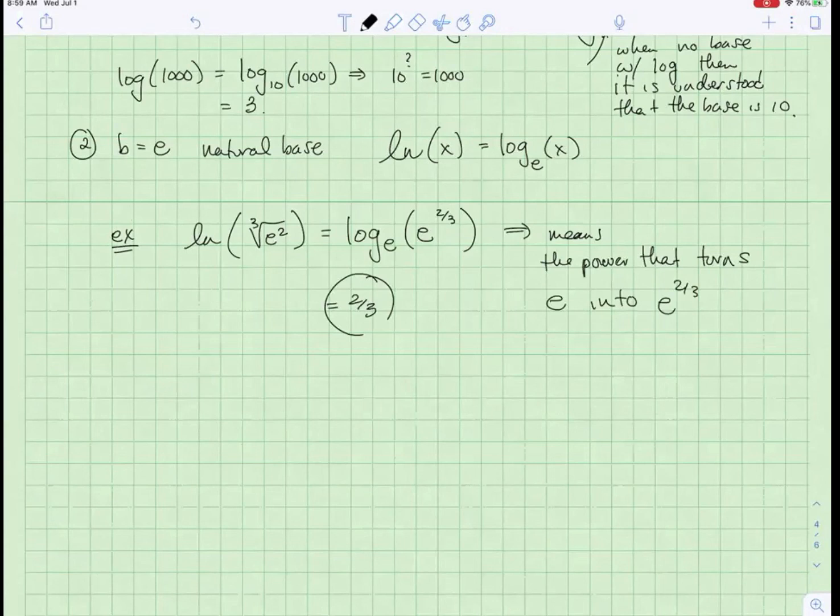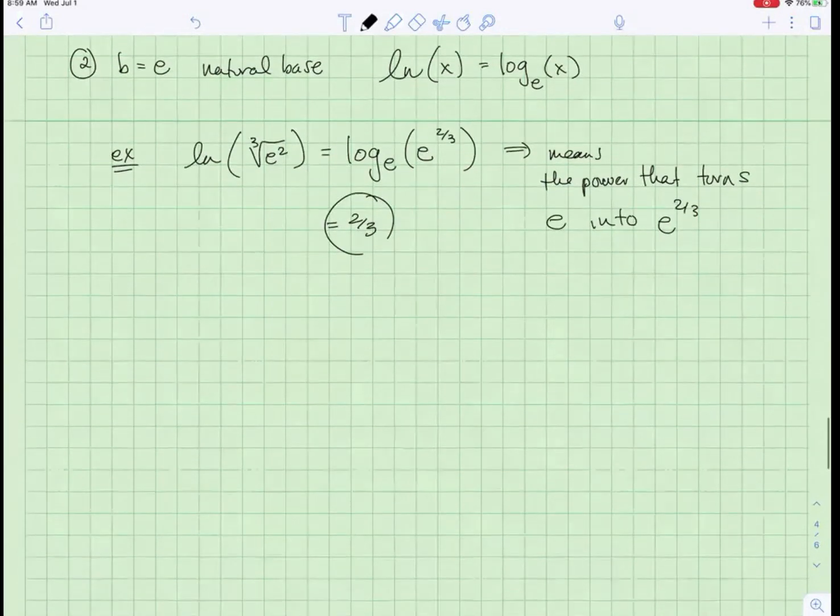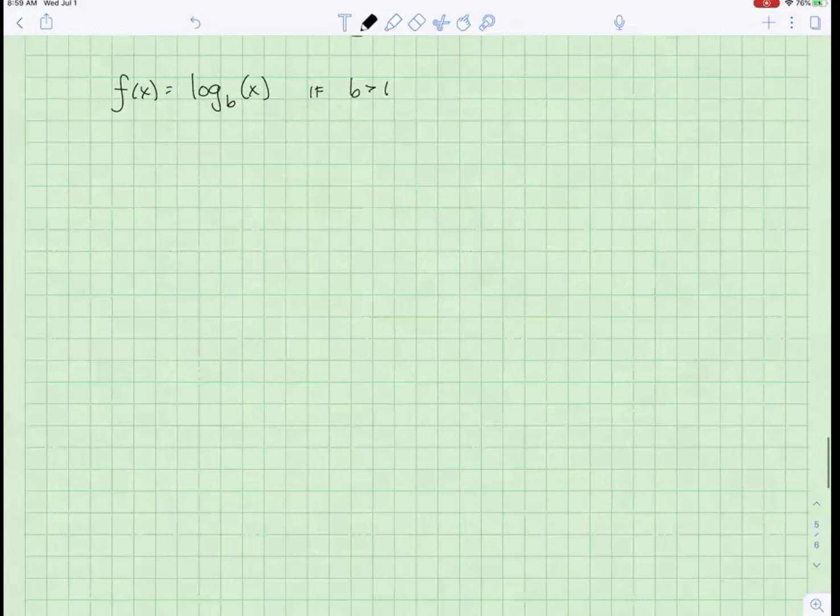Now let's go back to the actual function. There are two versions of this, as there are two versions of the exponential function. F of x equals log base b of x if b is greater than 1. Well, what does this look like? When you're graphing these, what you should know is the following